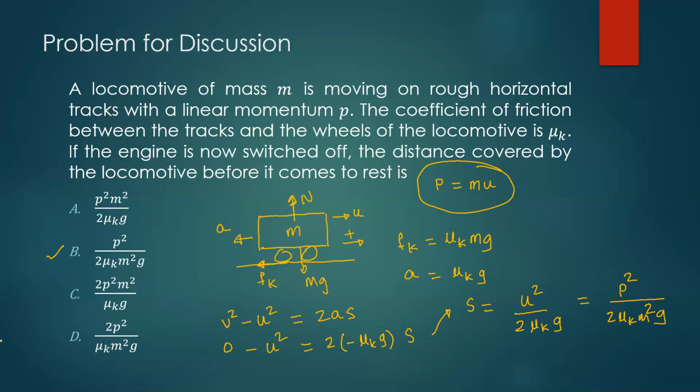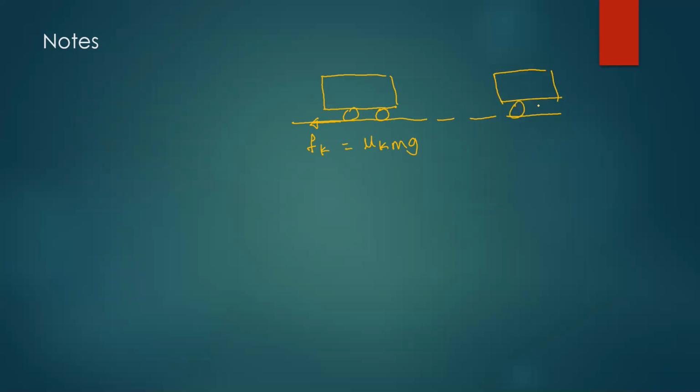This problem, you can also do it a little differently, beta. So if you take the locomotive, I know there is a friction force acting to the left, which is mu k mg. Now, if the locomotive stops after a distance d, suppose. Now, you know the kinetic energy, you can write it as half m u square, but this expression is also very useful. You can write it as p square by 2m.